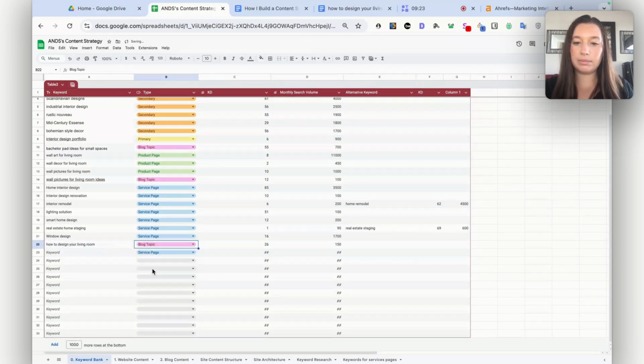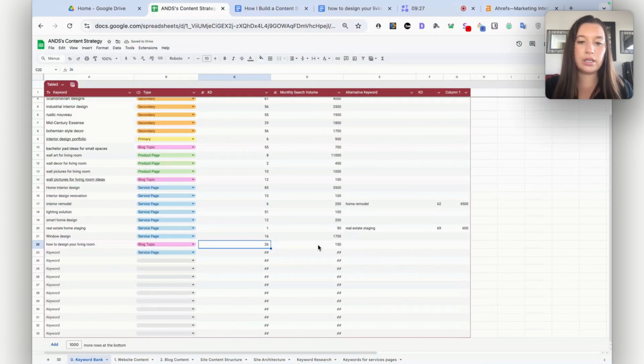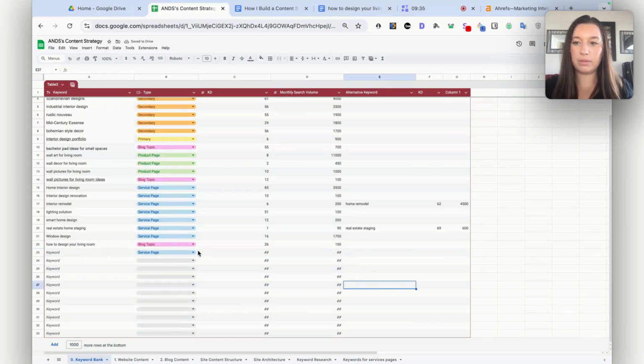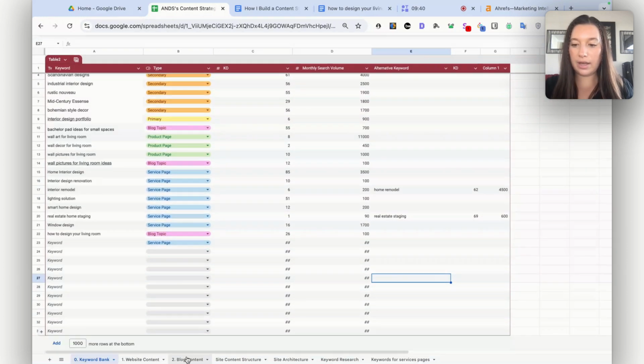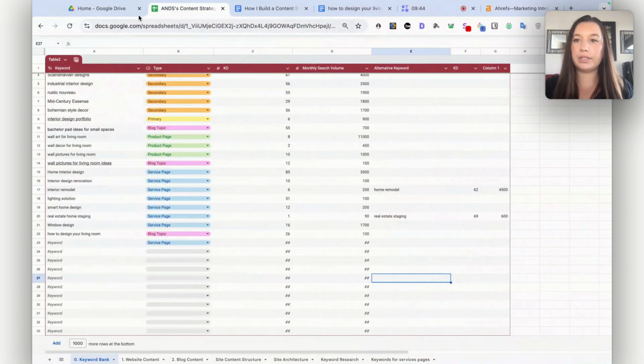I'm going to say, okay, this is a blog topic. And then you can see here the keyword difficulty was 26. Search volume is 100. Let's change that, it is 100. And this fluctuates every now and then. I probably was at 150 before. Okay, now let's keep going because I want to find all my keywords first before I put it into my